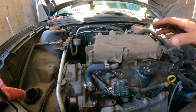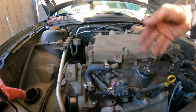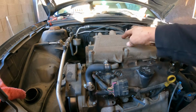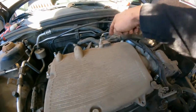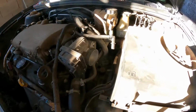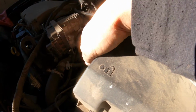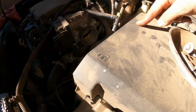Alright guys, so next, I already used compressed air, so I cleaned as much of the dust as I could. Alright, so the next thing is going to be to take the top of the plenum here. It's going to be 13 millimeters. Okay, 13 millimeters, so this top is going to come out. But also here, we need to disconnect the throttle body. Okay, so 10, 10, 10. We have 4 10 millimeters there that we need to disconnect,